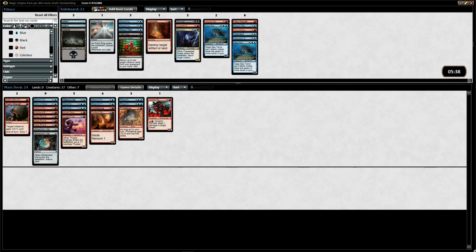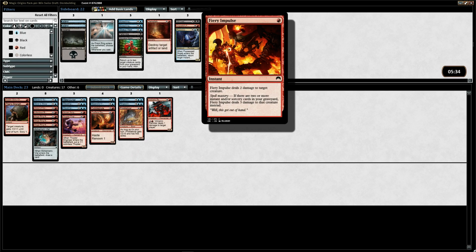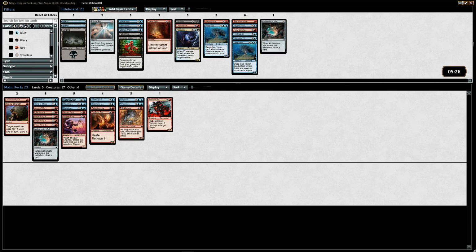So that's what I'm gonna do. But if I'm gonna do that, I'm gonna look at Fiery Impulse again. 2 damage. I mean that's just straight burn, which is okay. I pay 1, I deal 2, and I just get rid of something. So it's a 1-for-1, which is not bad. Yeah. But if I wanted to bring Fiery Impulse back,